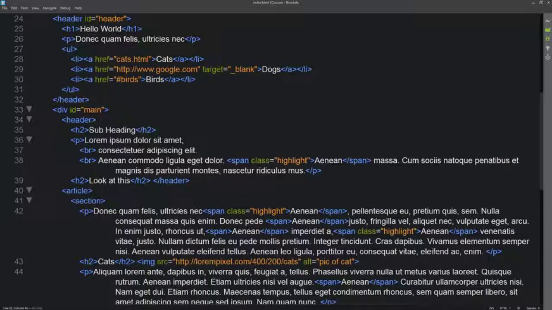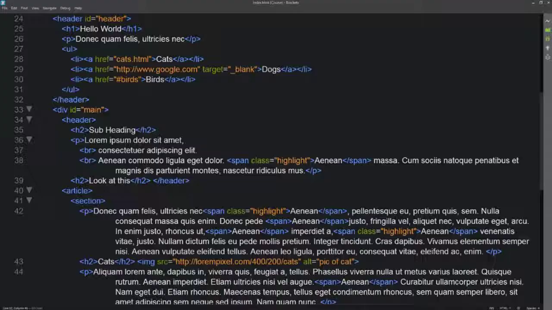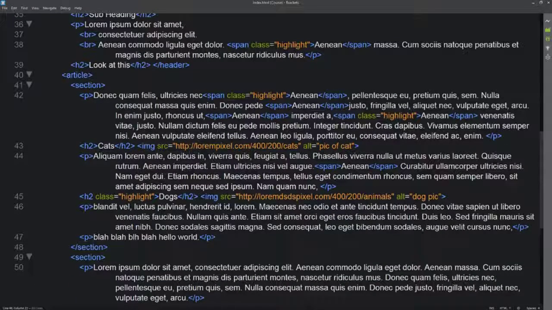So next lesson, we're looking at forms. In this lesson, I want to show you how you can add forms to your web pages. Forms are a really essential part of any website. If you want your users to be able to send you some information, communicate with you, then you need to